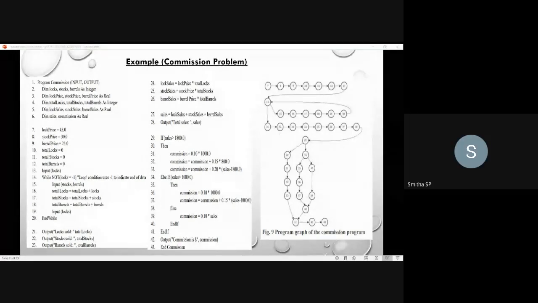Sharanya Desai? Present, ma'am. Sharanya GS? Present, ma'am. Sharanya TS? Present, ma'am. Shubha? Present, ma'am. Smita? Yes, ma'am.